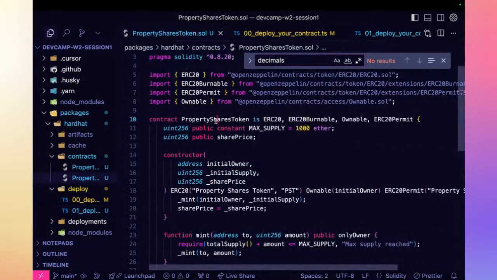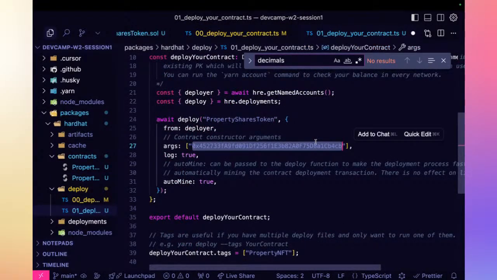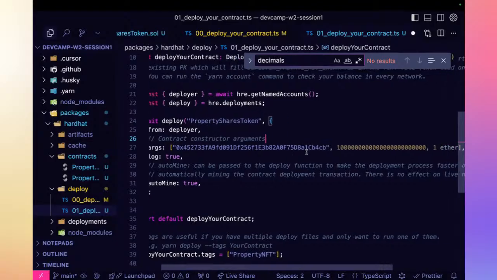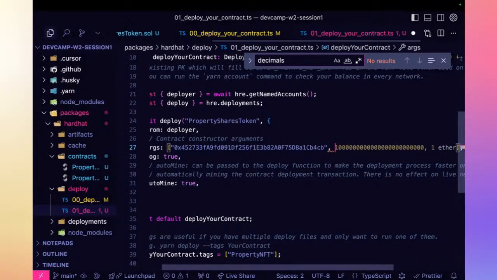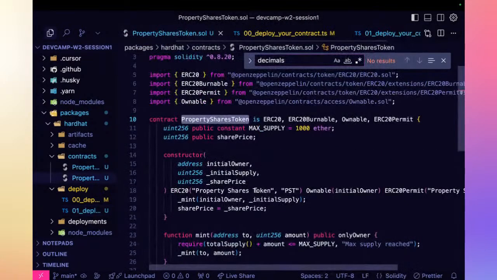Now we need to deploy the shares token. I'm going to keep the same owner, but we also need to set a couple of additional arguments. So we said first we need the initial supply. So the initial supply will be how much we're going to give to the owner that's going to be calling this function. And the share price is just going to be